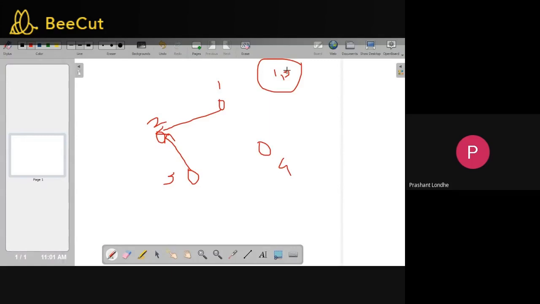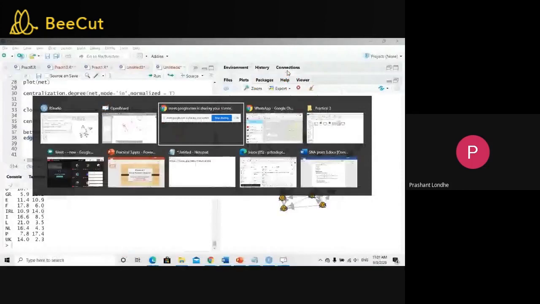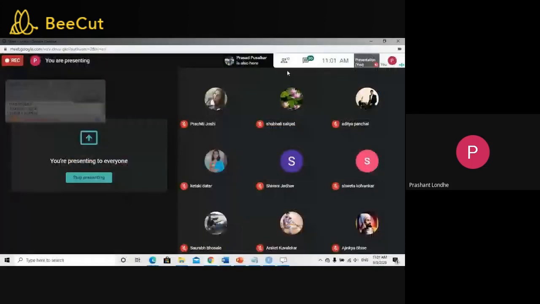If you are sending a request to an unknown person having no mutual friends, then you are going to get blocked. You can send a request only to those persons who are mutual friends to you, and the degrees are calculated according to that, and you are going to get the output. So this is the actual working of practical number 3.